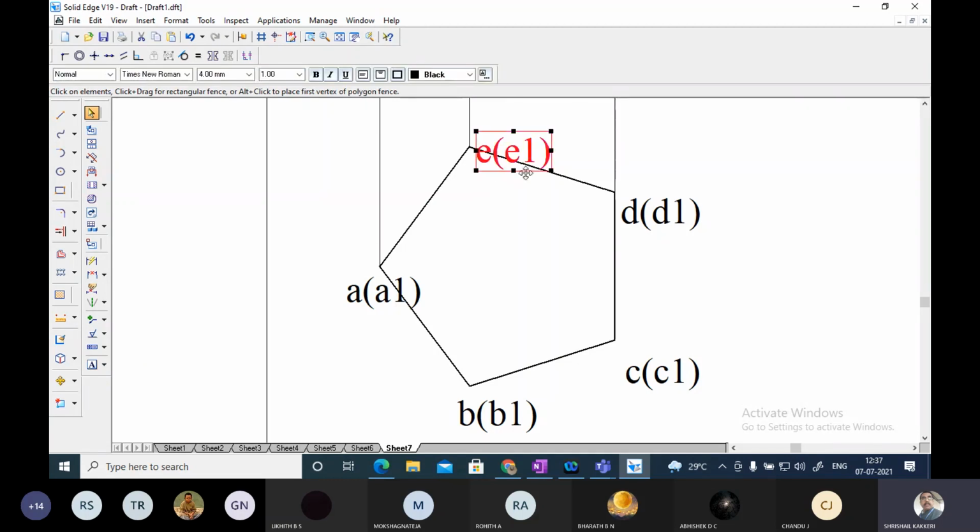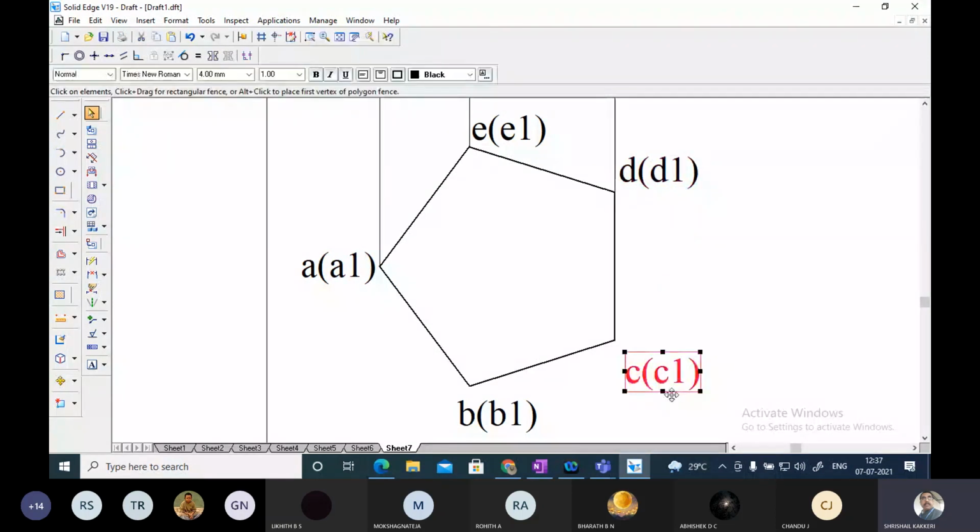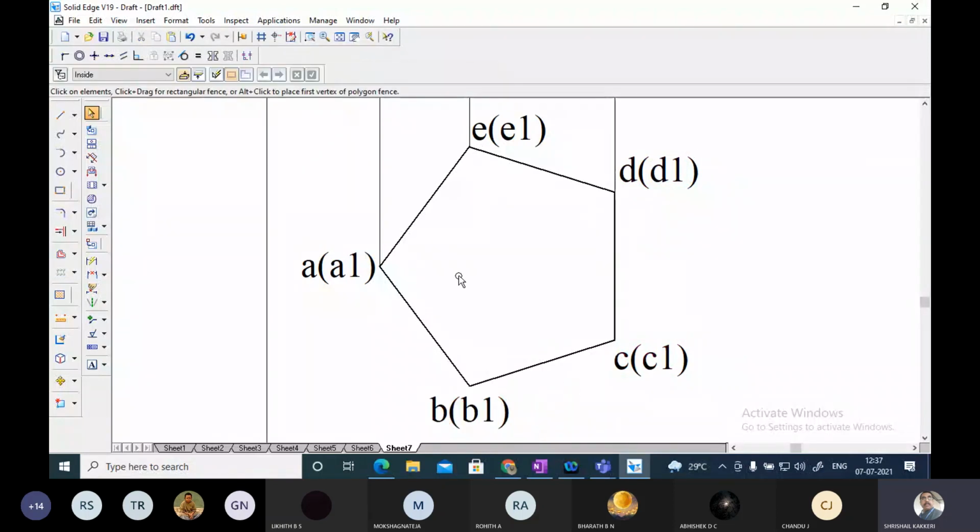Okay, and after this you keep it neatly. You should not cross the figure like that. You make the arrangement. This will come through the practice.